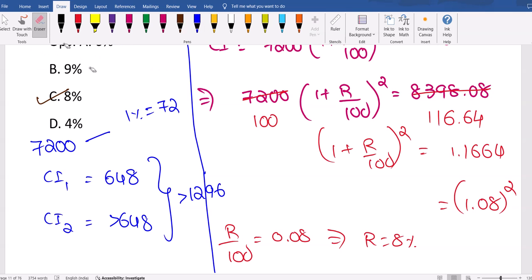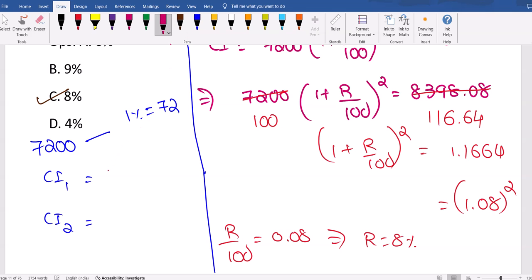9% is wrong. So that's why I tried with 8% then. If you try with 8%, 1% is 72, so 8% means 576. Second year, 576 plus 8% for this. This is a bit typical task to calculate. But fine, see, adding so far, you got